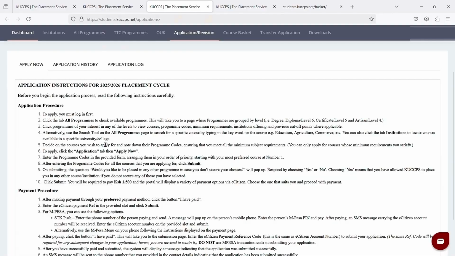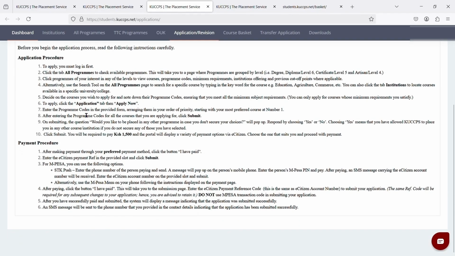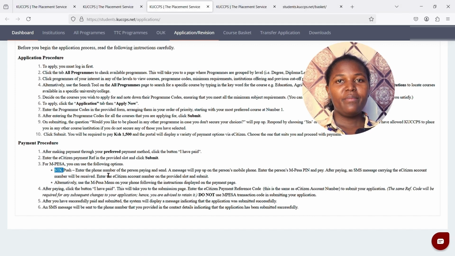Now let us move on to step number 5. And step number 5 is payment of the application fee. Now once your application is ready, you will need to pay the application fee. For the first time applications, you are required to pay 1,500, and if you are making revisions, you will be required to pay 1,000. Now when paying, there is option of the STK push, where you just put on the